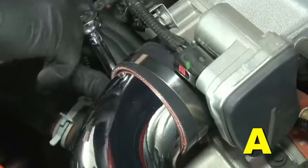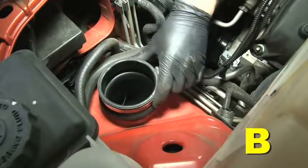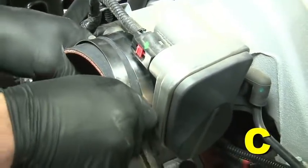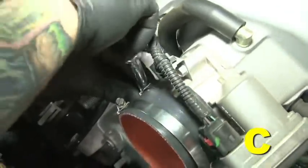When installing the intake system, do not completely tighten the hose clamps or mounting hardware until instructed to do so. Loosely install a number 56 hose clamp over the upper opening of the elbow hump hose. Install the silicone coupler and 2 number 56 clamps onto the throttle body. Slide the coupler all the way onto the throttle body and secure it by tightening one of the number 56